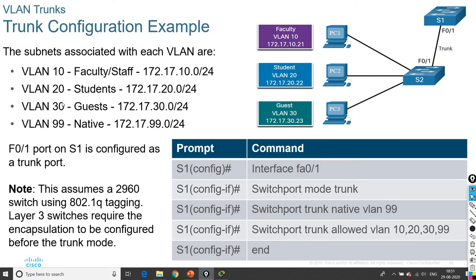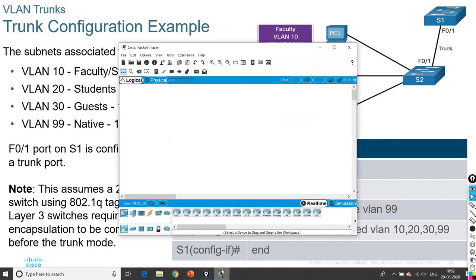These are the IP addresses associated with each VLAN's subnet. So F0/1 port on S1 is configured as a trunk port in this example. We'll take one example here and do the simulation.